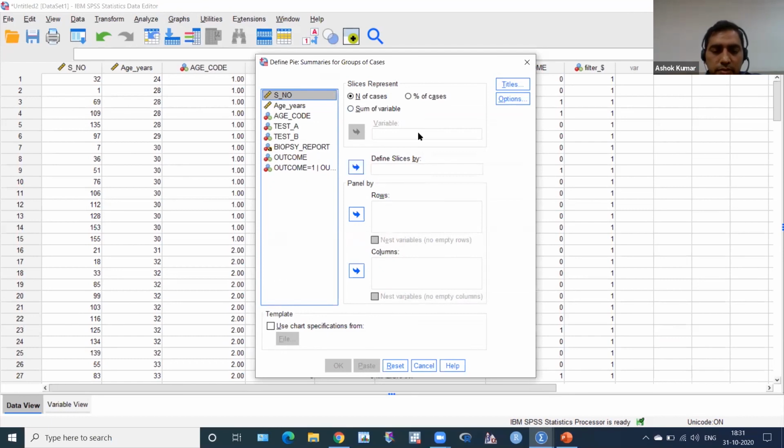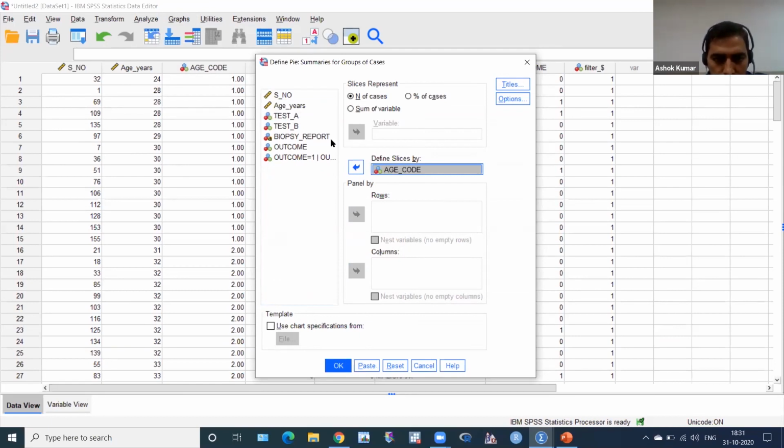This window will come, and then you have to click age code, because pie chart is always for ordinal or even nominal, not for interval and ratio. If interval or ratio, you have to make categories, as I made categories for age code, then you can make pie chart.